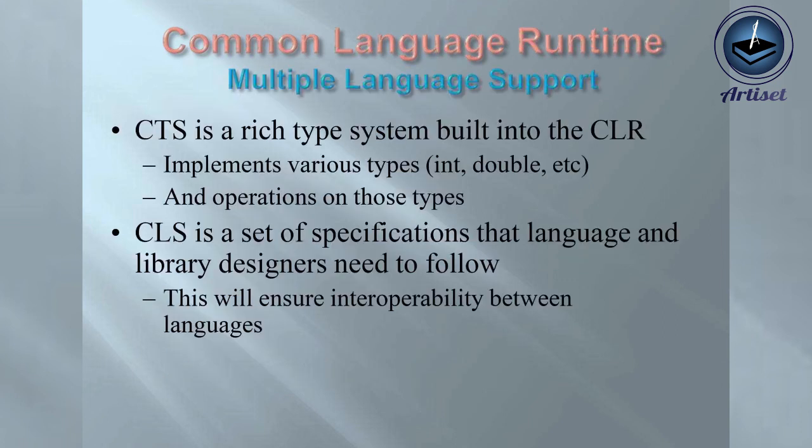So CLR and CTS take care of checking: this is my data type, and that particular variable declared has been assigned that particular type of value or not. And CLR is very important in the .NET framework. That's the common language runtime, and it executes your whole code which we write in C# or VB.NET. It actually executes your code into machine level language, and it takes care of all your memory management, CPU utilization, and everything.